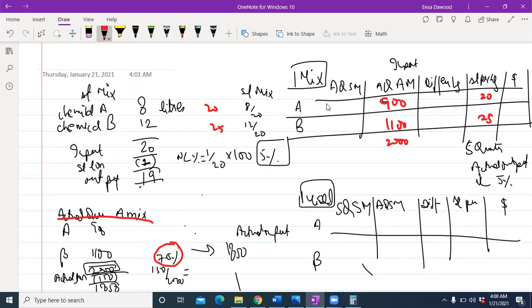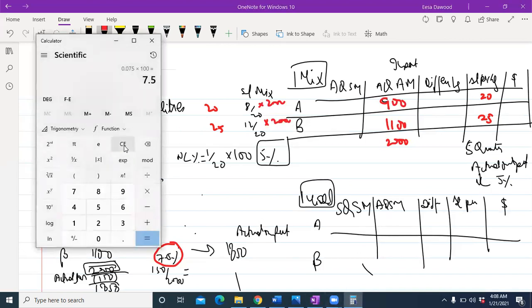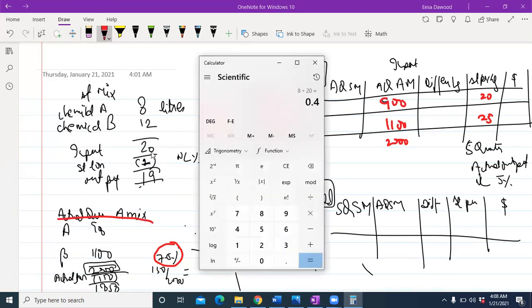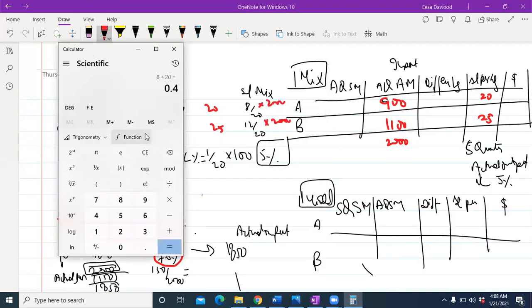So just do it: 2000 into 8 by 20 and 2000 into 12 by 20. You will get your standard mix here. I'm not going to take 19, because mix is not concerned with the output. It's concerned with the input and losses. Don't worry about the losses. 8 by 20 into